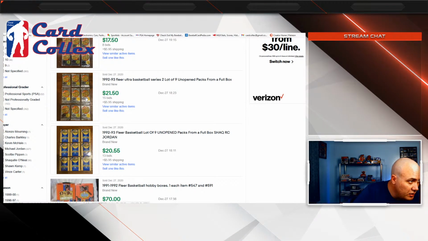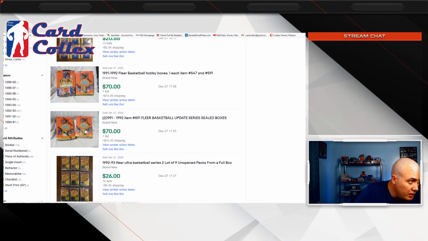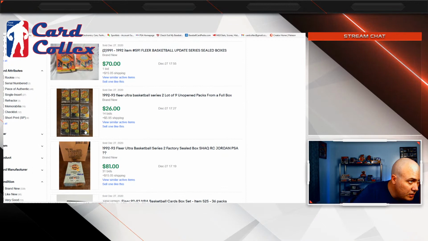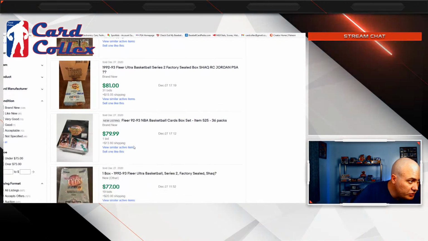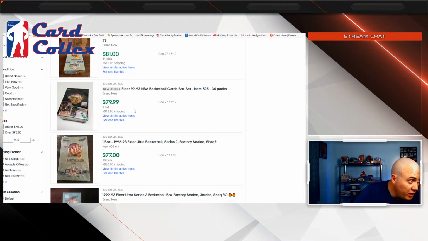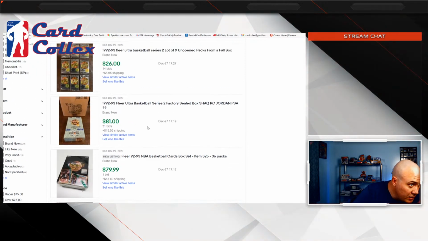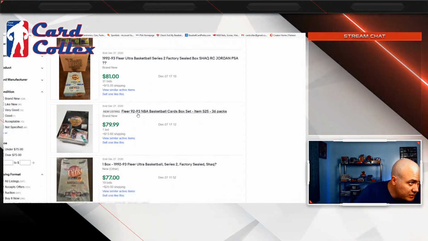Okay, so regular Fleer is going for about the same. 91, 92, 92, 93. Series 2 factory sealed boxes are going for $80. Fleer Ultra. Fleer 92, 93. Again, 36 packs. $80 plus $13.60 shipping, so $93.60.